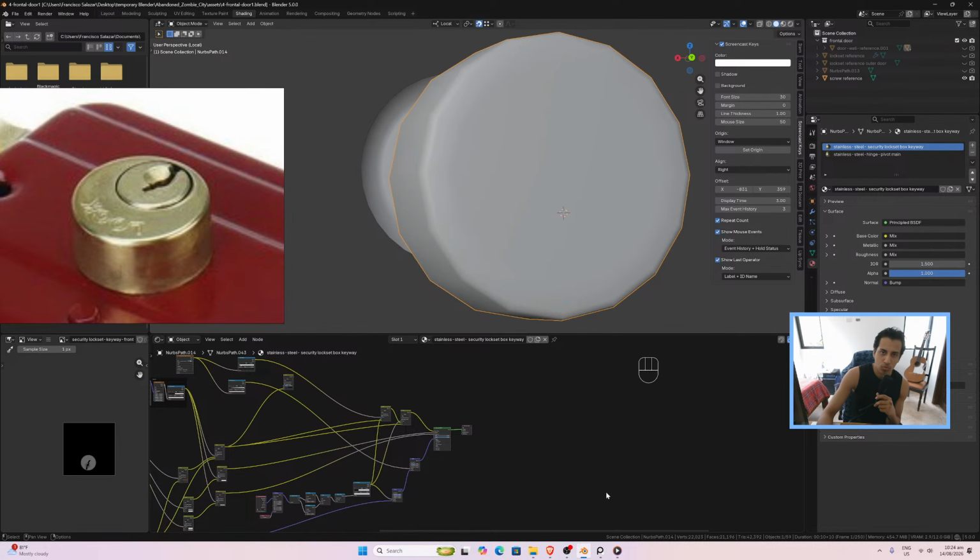Okay friends, so today we're going to continue with the door. Let's see, maybe today we can finish all the pieces of the door and we can start baking, okay? So first,